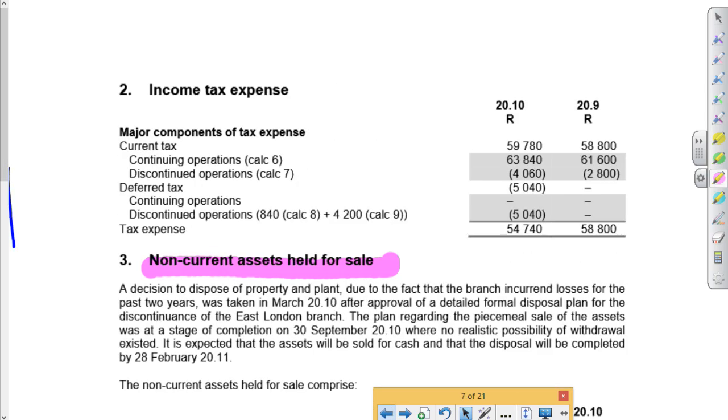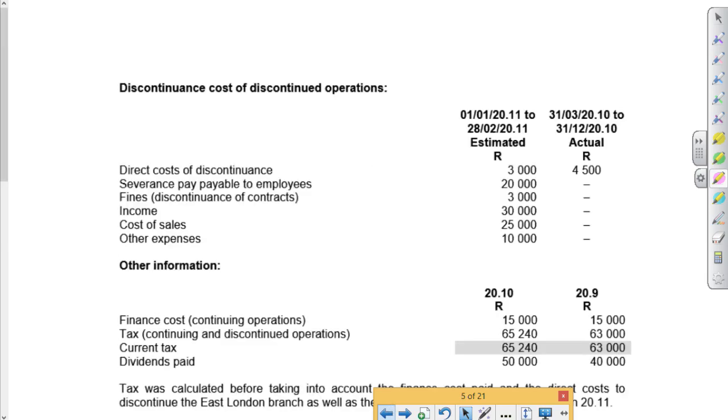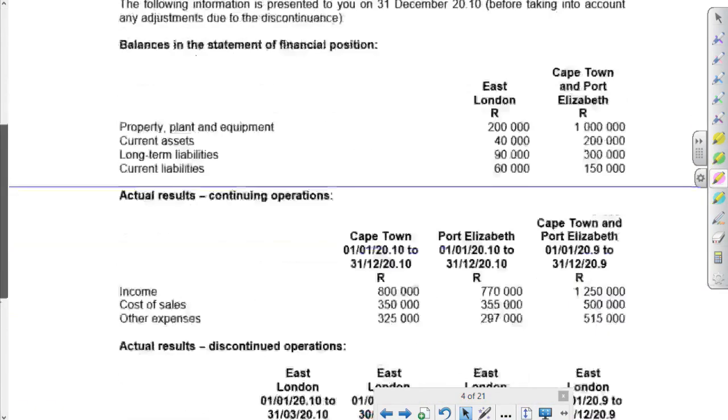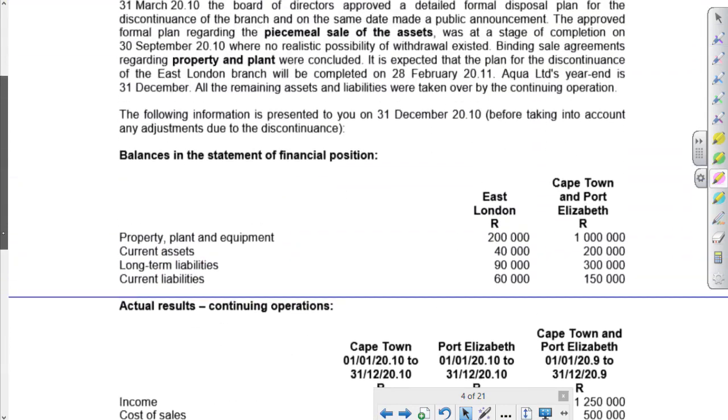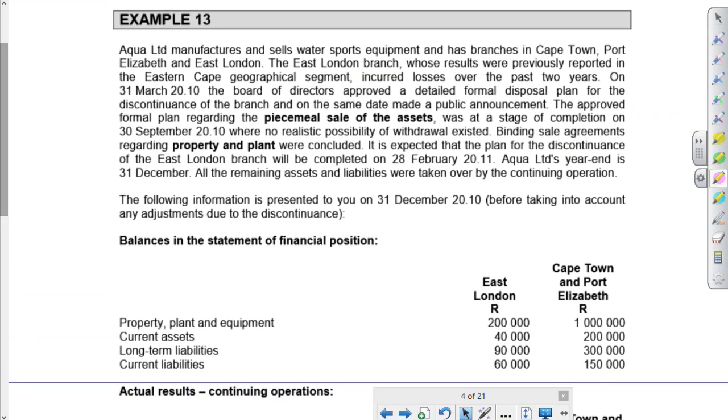All right, so let's start by looking at example 13. It's on page 215. 215, is that right? 215. And 215 says Aqua manufactures and sells water sports equipment. So like, I suppose, surfboards and jet skis and things like that. They have branches in Cape Town, PE, and East London. The East London branch incurred losses over the past 2 years, and on the 31st of March, the Board of